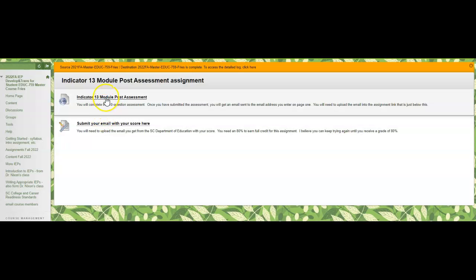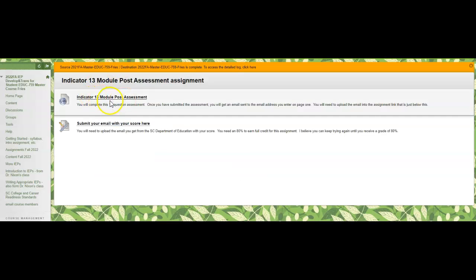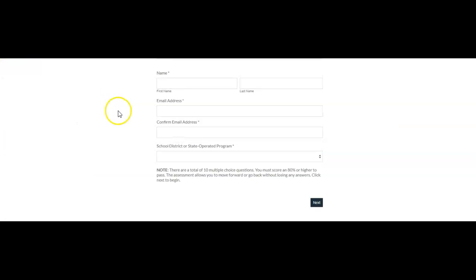What you're going to do is click right here where it says Indicator 13 module post assessment, which can also be found, just a little aside, right here. But again, I just made it easier for you and put it right here. So you're just going to click it. Then what you have to do is